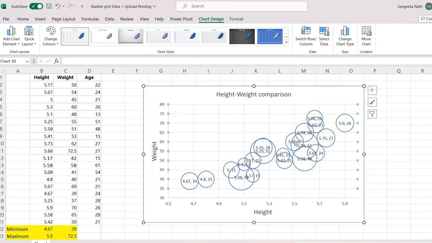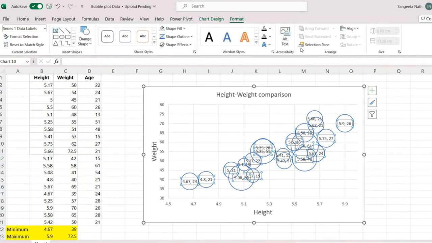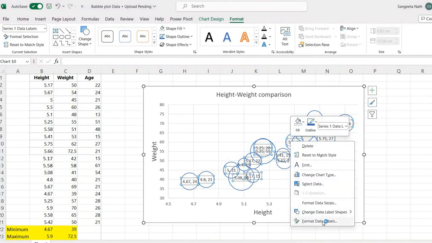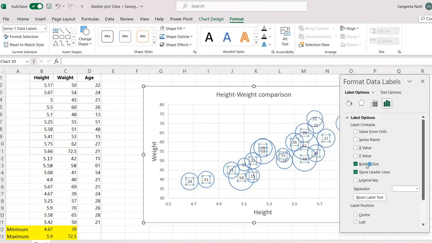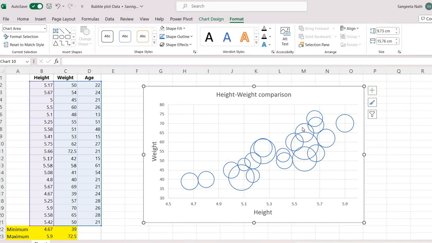But even if we don't have these values in the bubble, suppose we remove these values, at once we can conclude that from this graph, this is the eldest person's data, and this circle is the age of the youngest person among these three equal X values. So this is the beauty of the bubble plot actually, because in one go we can have some idea about the variables,